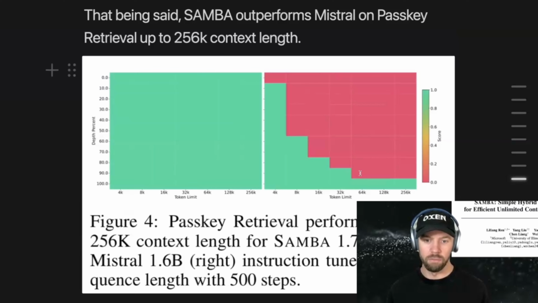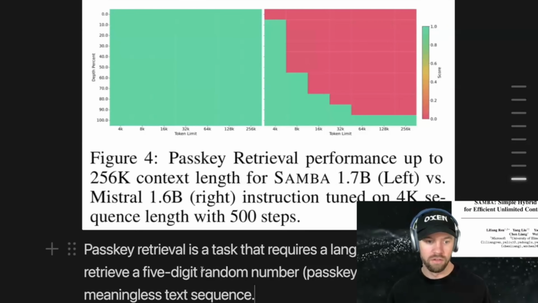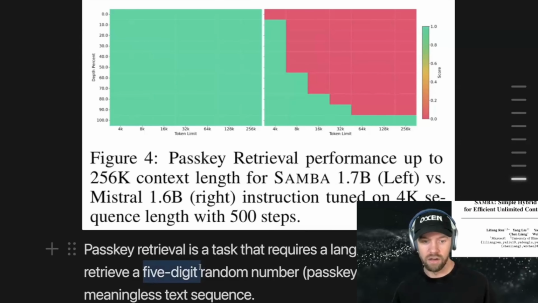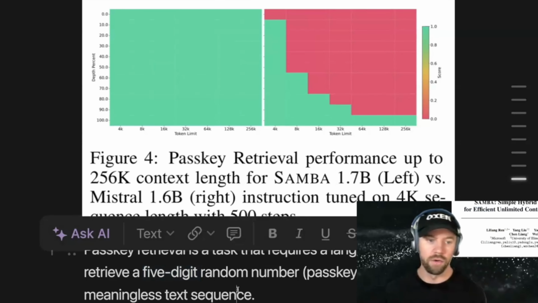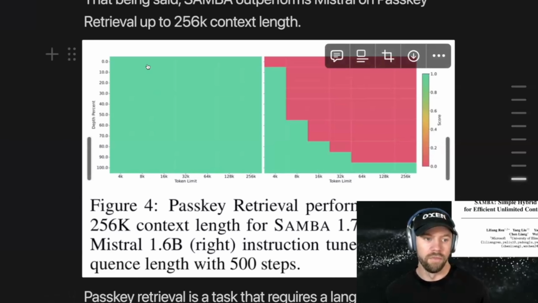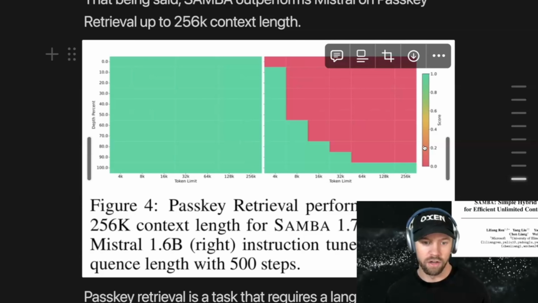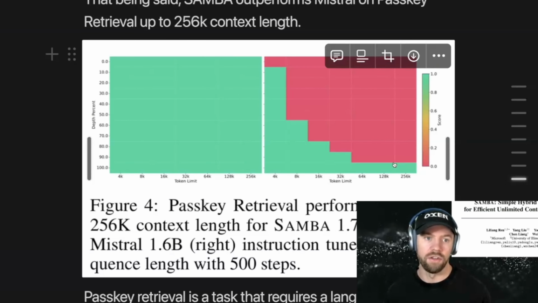And that task is a pretty simple language modeling task where they require an LLM to retrieve a 5-digit random number in a long meaningless sequence of text. And you can see that the recall for Samba is on the left here, and the recall for Mistral is on the right here, and it starts to stop finding that passkey as the context length gets longer